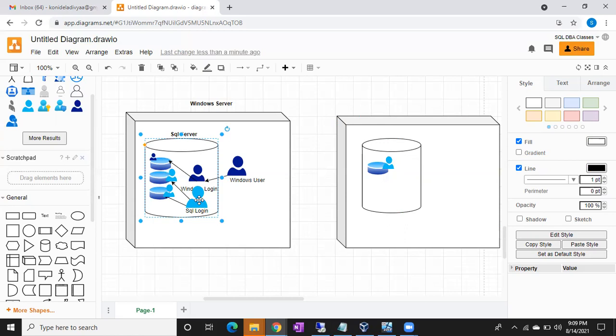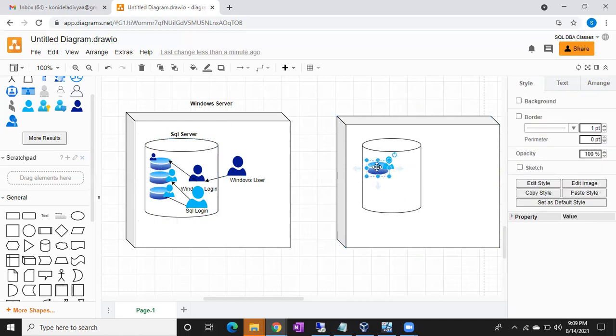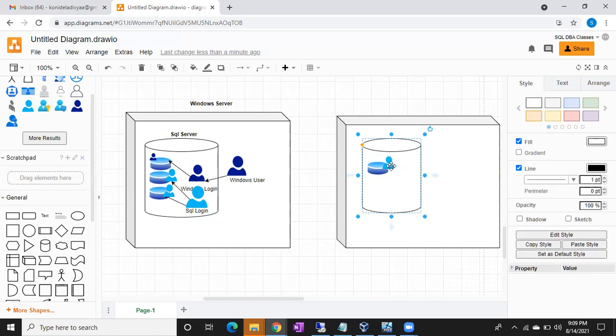Generally, no one will delete the login. In another scenario, if you restore the database from one server to another server, automatically users also come along with the database, but the logins are server level objects. These logins won't come here, but the users are database level objects.